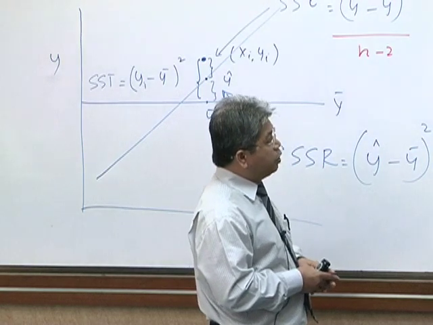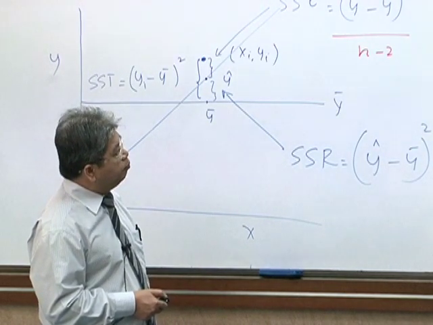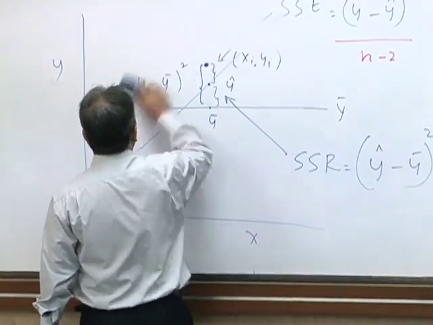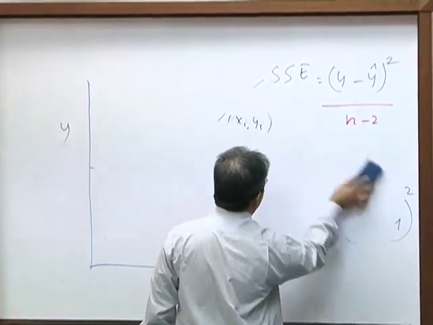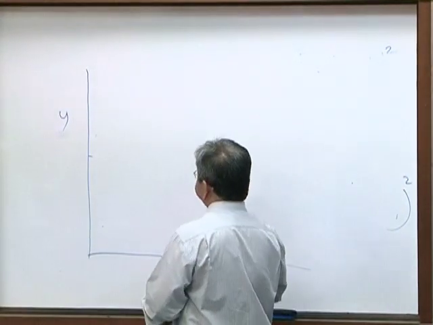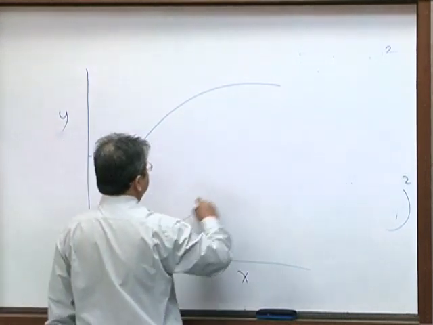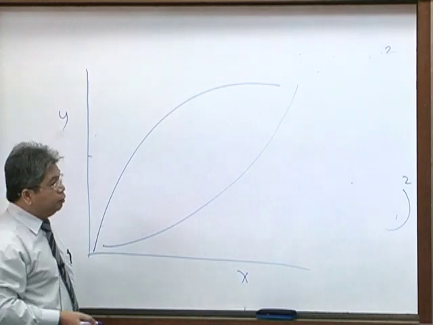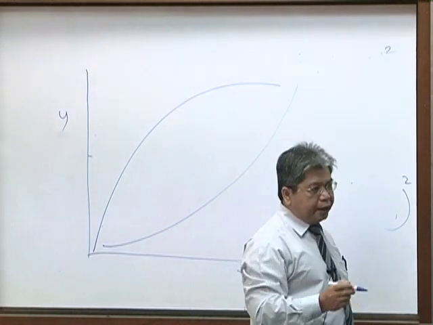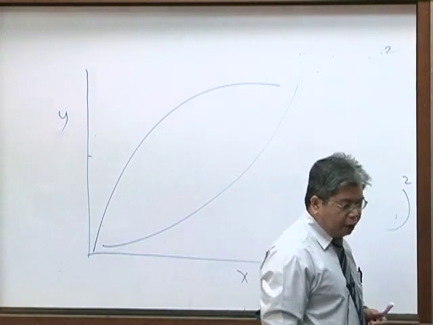For example, if we had an exponential function like this, y equals alpha times exponential of beta x i, for example, if you had a curve like this, or a curve like that, exponential, the first solution to this is to linearize the function. And beta can be negative or positive.